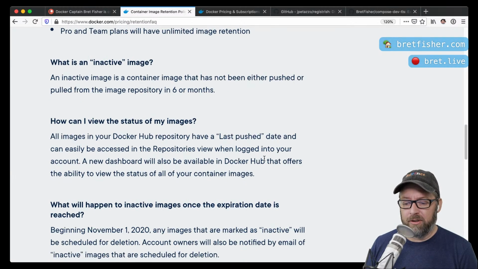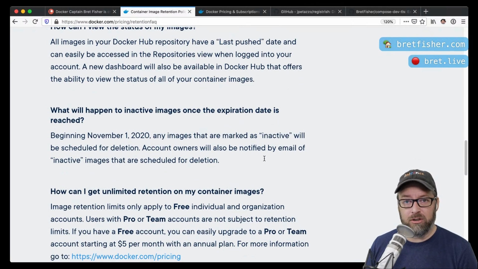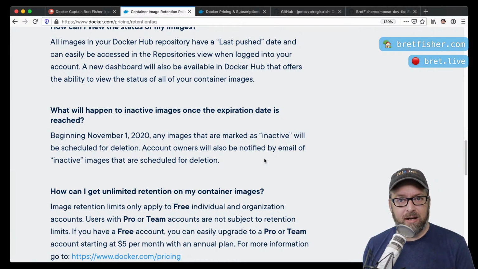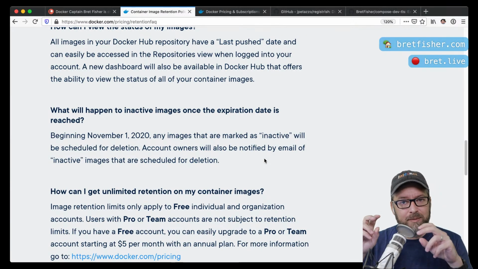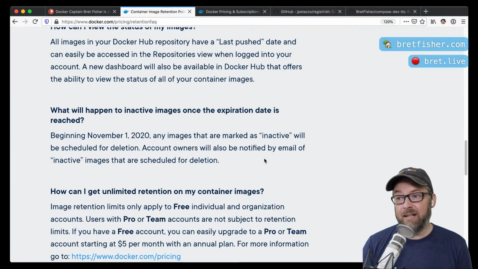But the ultimate solution to this is, if you are using Docker Hub for Business, just pay for it. $5 for a single user. A company, obviously, with lots of accounts is going to have to pay a lot more money. But basically, the free ride for unlimited use of Docker Hub is finally, after 5 years, coming to an end. And I think it's something they should be doing.